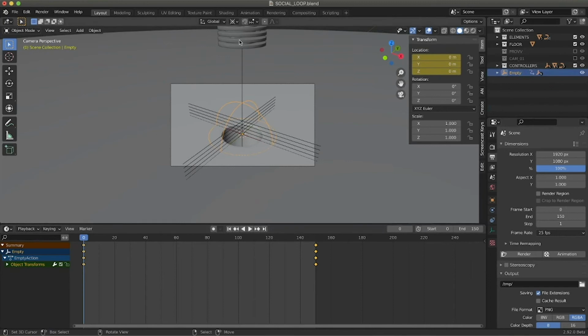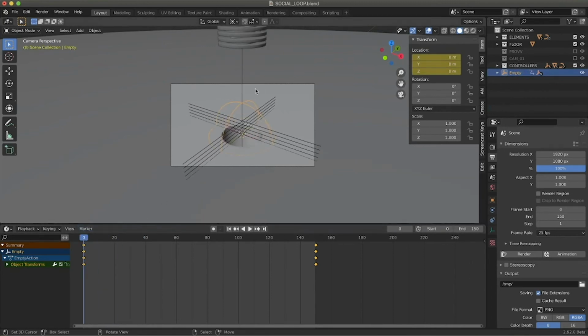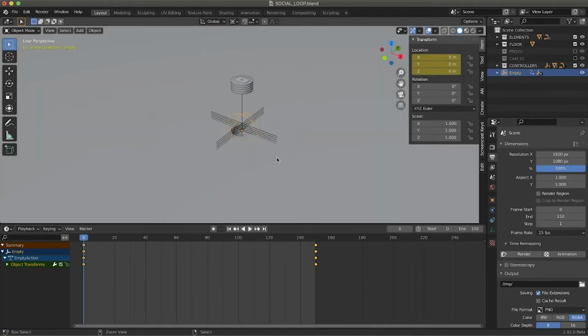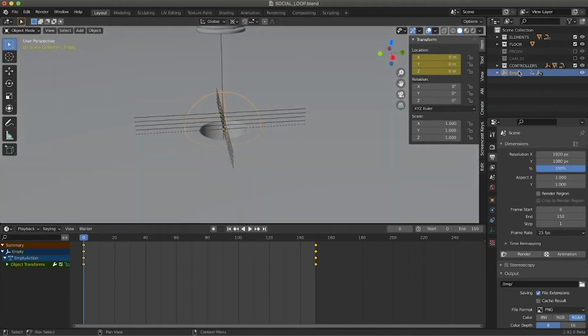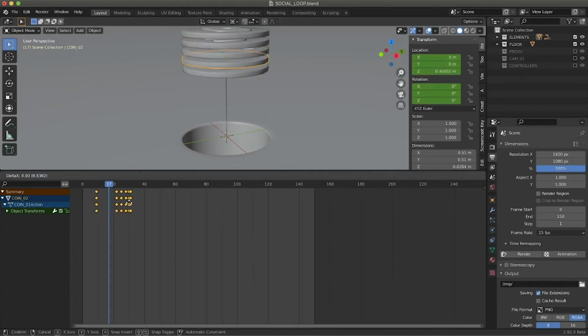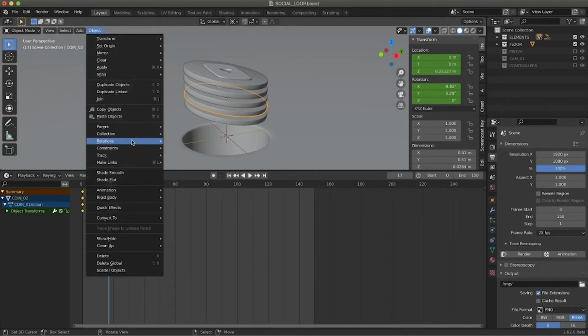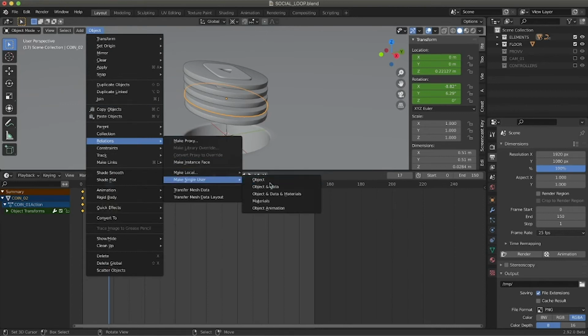So we select all the animations that happen all together. As you can see, they go down all together. We want the first one going down, then the second, then the third, then the fourth, and so on. As you can see, when I try to alter the animation of one object that I linked using Ctrl L, all the other objects follow, because when I alter the animation of one object, I am altering the animation of all the other objects. In order to prevent this, you just need to go into Object, Relations, and make single user